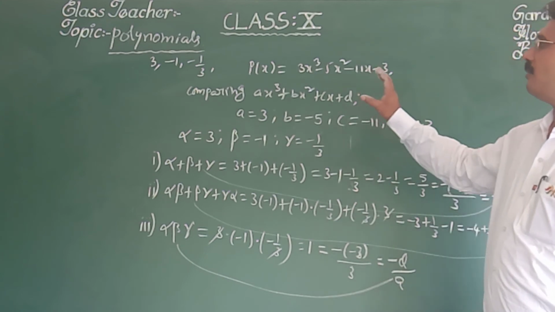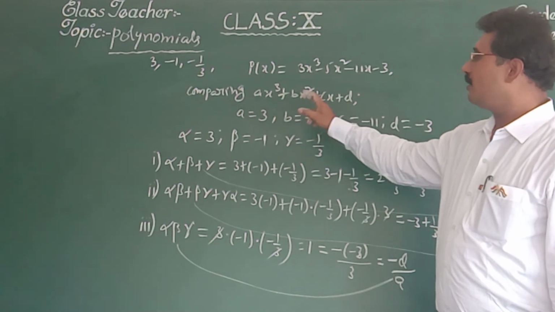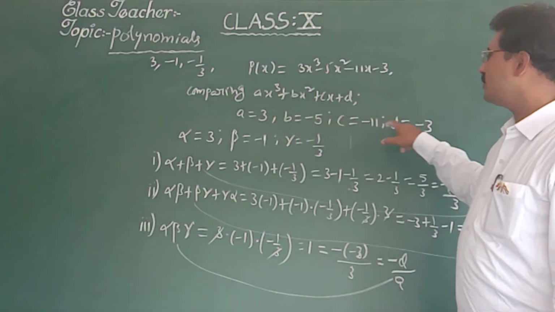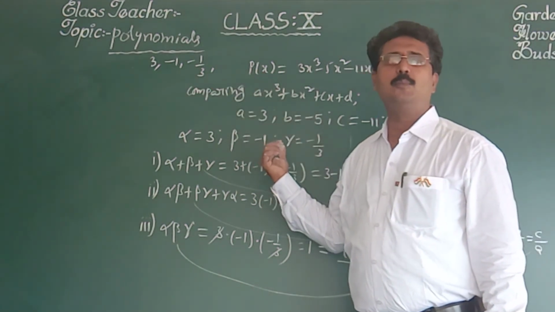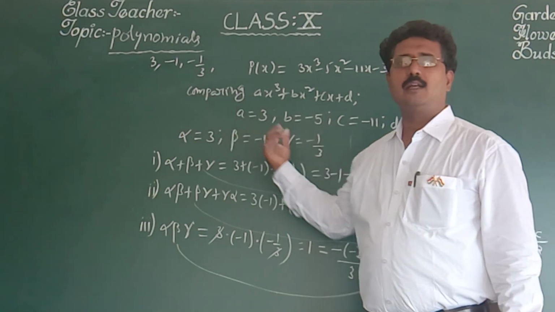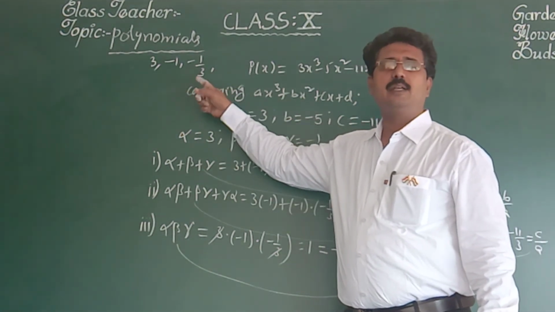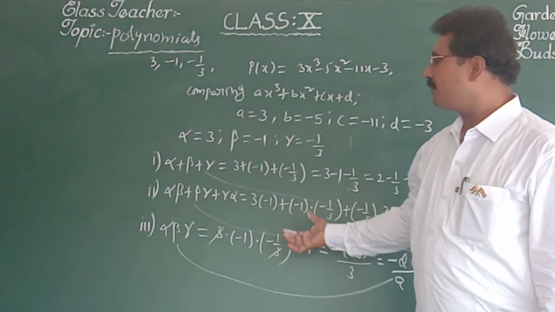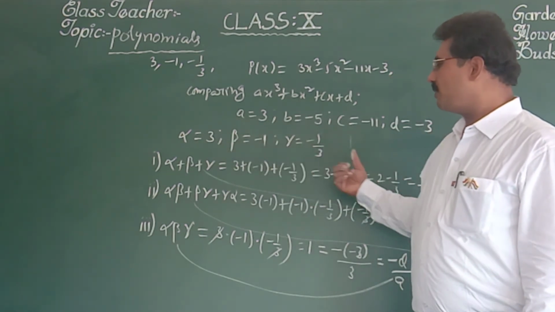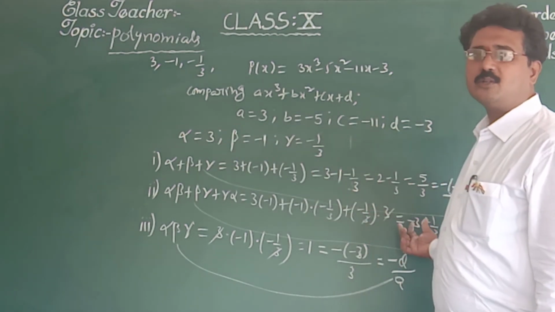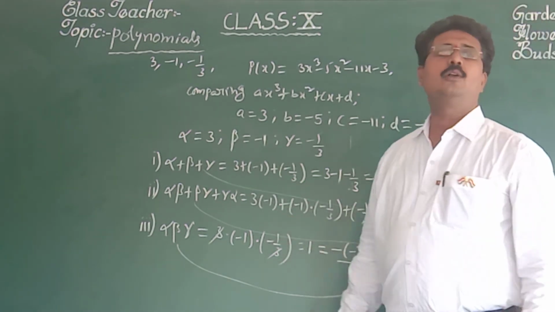So that means this type of problems in the textbook, one more problem is there. So what is the way? First you write, comparing with ax cube, that means you have to write the values of a, b, c, d. And then first you prove that these three are the zeros of the given polynomial. How to prove? If you substitute them instead of x, you will get RHS as 0. After proving that, let us take these three roots as alpha, beta, gamma. Those are the zeros. And after that, according to the roots, alpha plus beta plus gamma you substitute, that can be adjusted to minus b by a. The second one can be adjusted to c by a. And the third one can be adjusted to minus d by a.